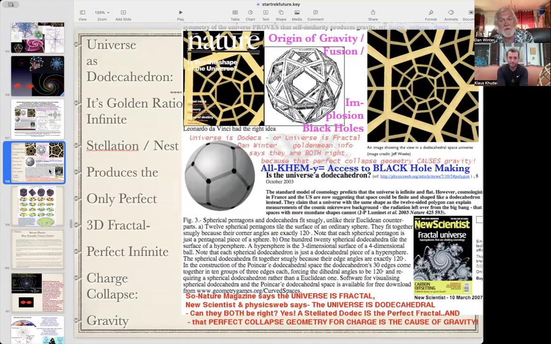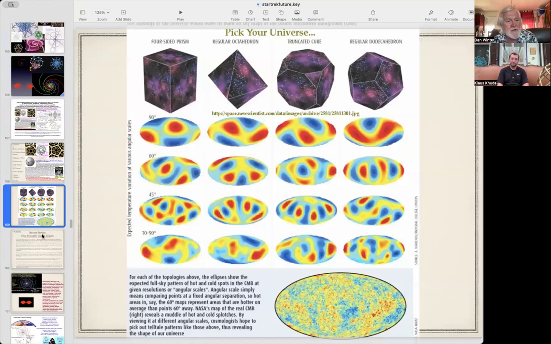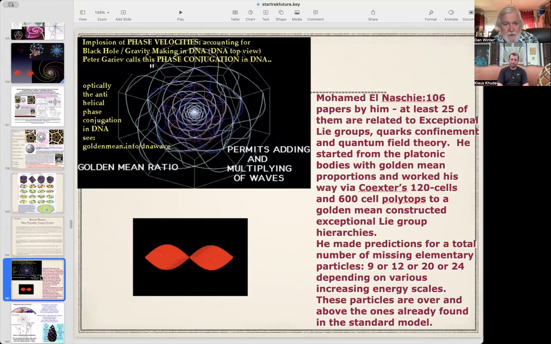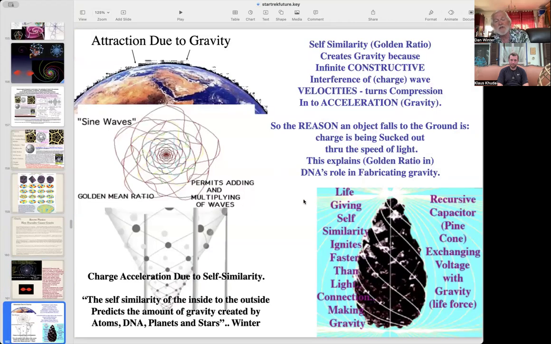Nature magazine says the universe is dodeca. New Scientist magazine says the universe is fractal. I think they're both right because that's how you stabilize gravity. And that's the point, that fractal compression is not just the cause of gravity, it's a cause of perception itself, because it makes the implosive negentropy that allows embedding into the array. The array rather looks like this. So here is the concluding picture, the life-giving capacitance of the well-tuned pine cone of fractal implosive compression. And end of slideshow.